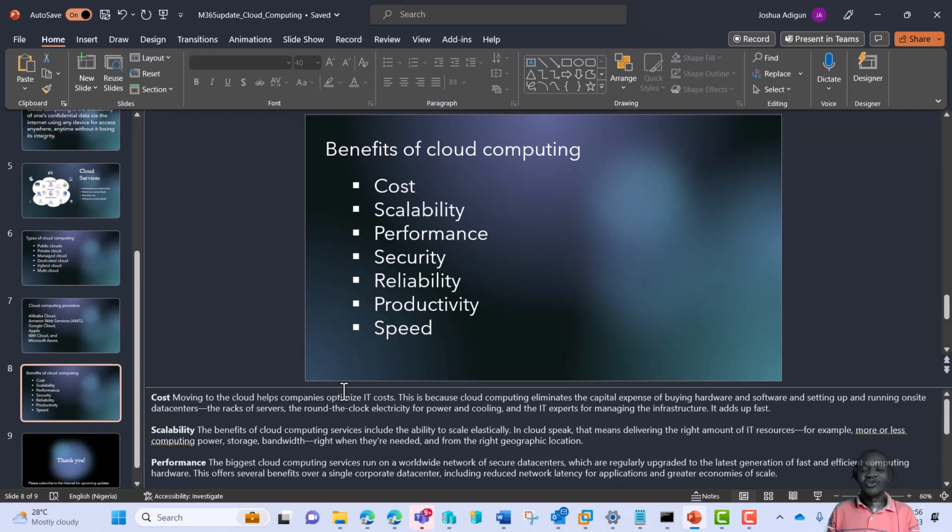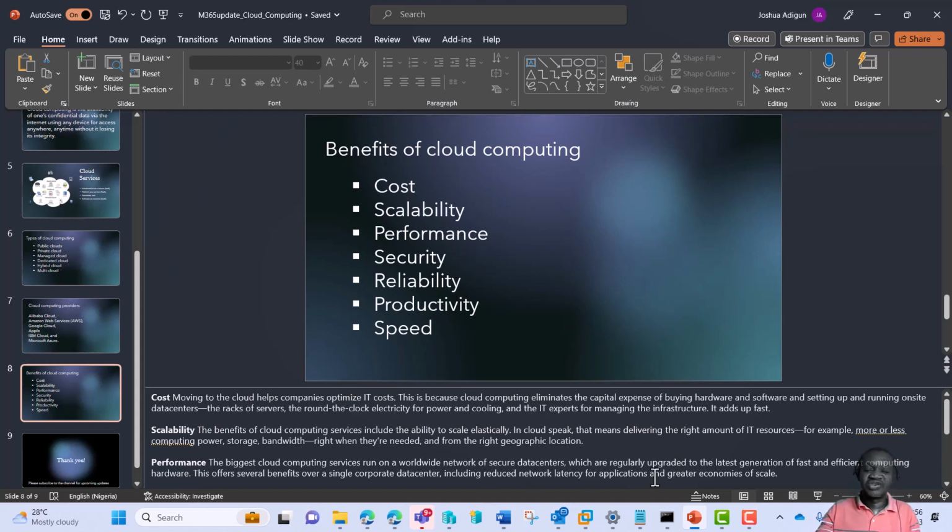All these are provided on a pay-as-you-go basis at a reduced cost. And then scalability, you can scale up or scale down at any time. When you need more computing resources, you scale up, and when you do not need much, you scale down to what you need.